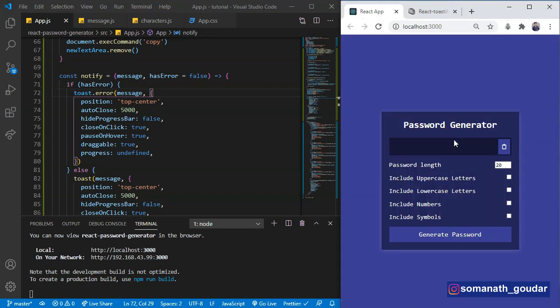That notification should show when there is nothing to copy, and when I hit this copy to clipboard button, I want this to show as nothing to copy, right? Let's head over to our handle copy password.